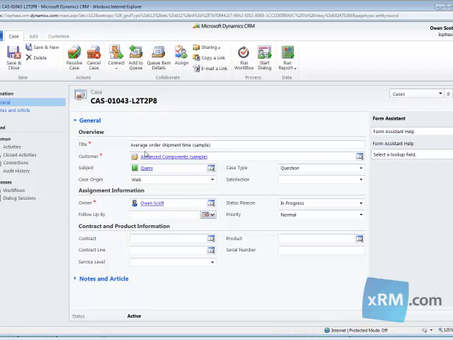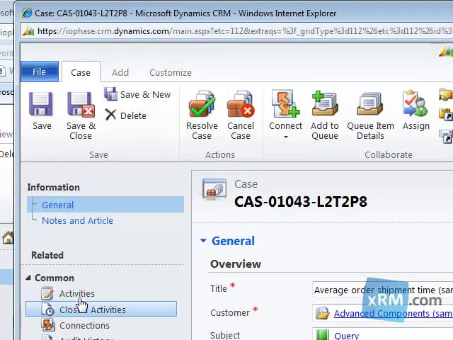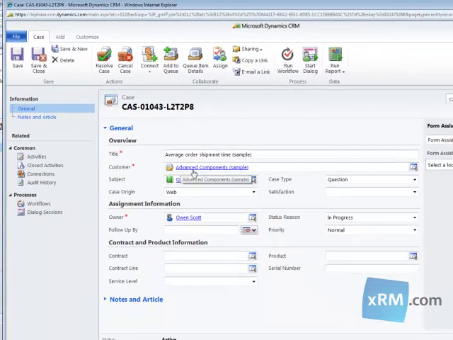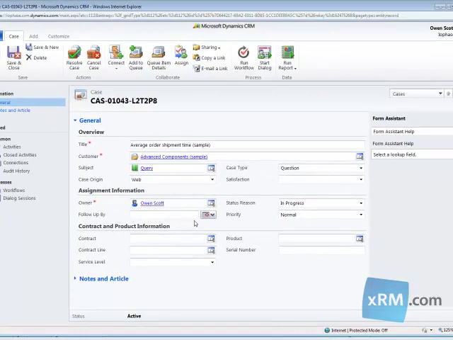If that's the relationship between the customer and the case entity, that means any activities that I associate with this case will also appear and be seen under the customer. And in CRM 2011, out of the box, online, it is a parental relationship. That's pretty important for you to understand because you want to know where your data is going to be found. You want to know where someone might see a phone call associated with a case,